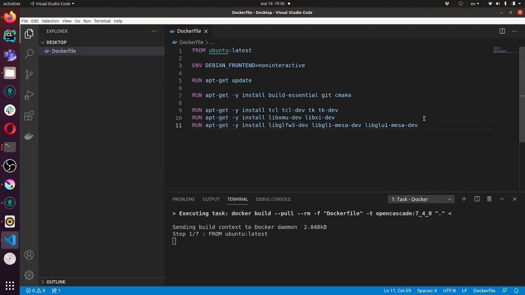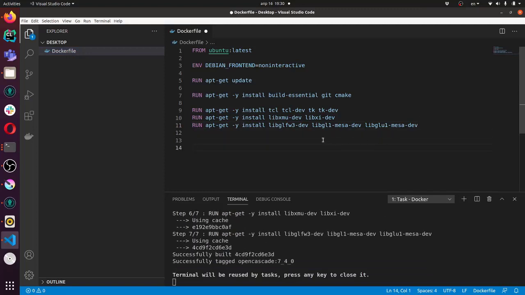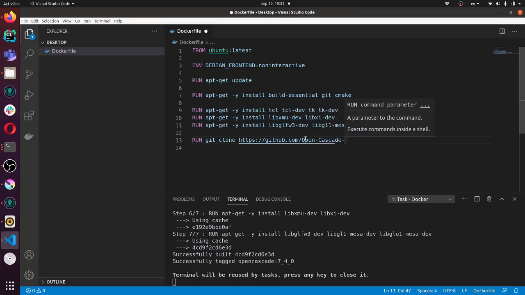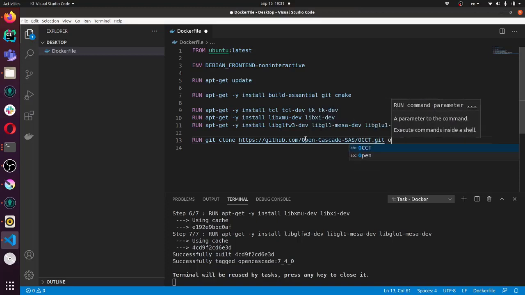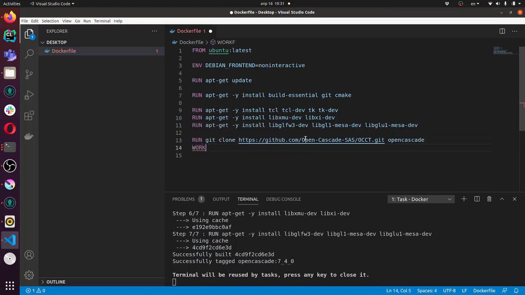So while it's being built, we can go ahead and clone the OpenCascade repository. So we run git clone, and then we specify the HTTPS link, which is a public link. You don't need any credentials to access OpenCascade like this, because it's a public GitHub repository, github.com, then open-cascade-sas, and then OCCT.git. And we can give this working copy a folder name, let it be OpenCascade, why not? And then we change our working directory to this